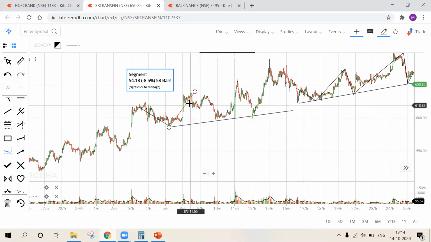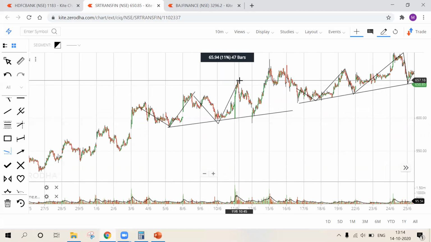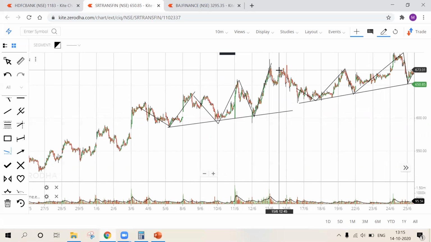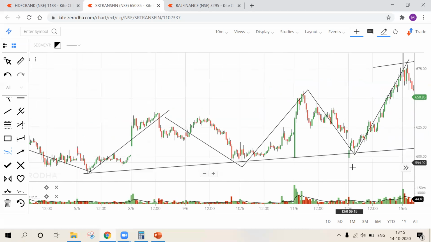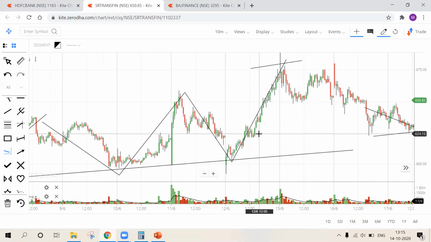First reaction, second reaction, and third reaction. Look at the third reaction. The third reaction will be huge. So all you need to do is search for the third rejection and make entries at the third rejection. And before making entries, you need to look for 5 confirmations. Among them, the first confirmation is